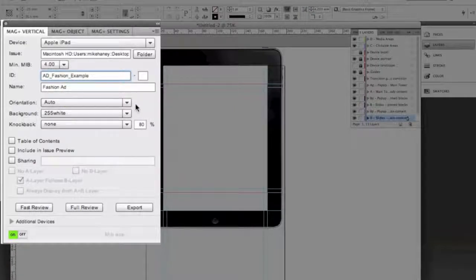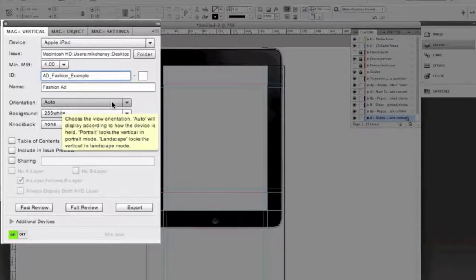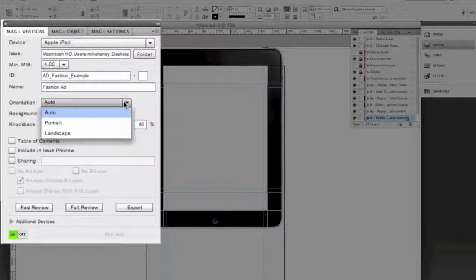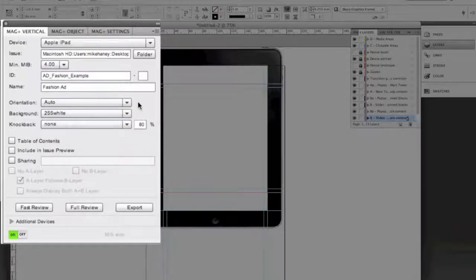Orientation, as I mentioned, Mag Plus lets you design once to support both orientations. That's what auto means, so by default it's going to let you do that. But you can also lock the orientation in either direction if you want, to portrait or landscape. And you can do that on an issue basis using the production tool, or you can do it on a vertical by vertical basis here,